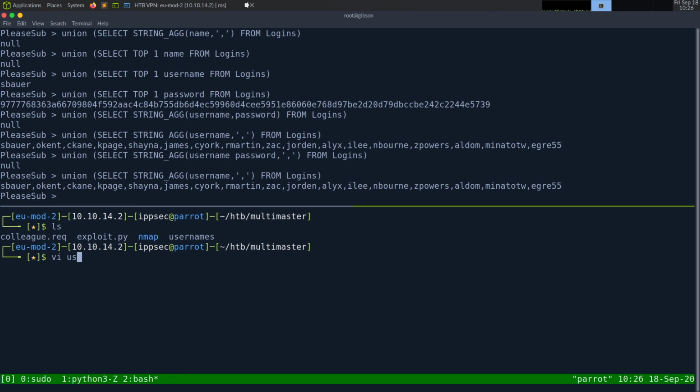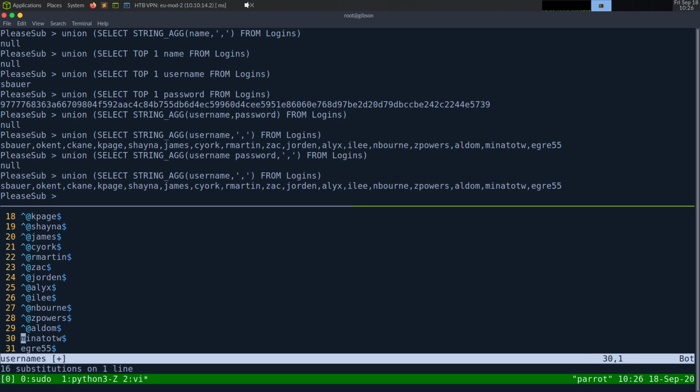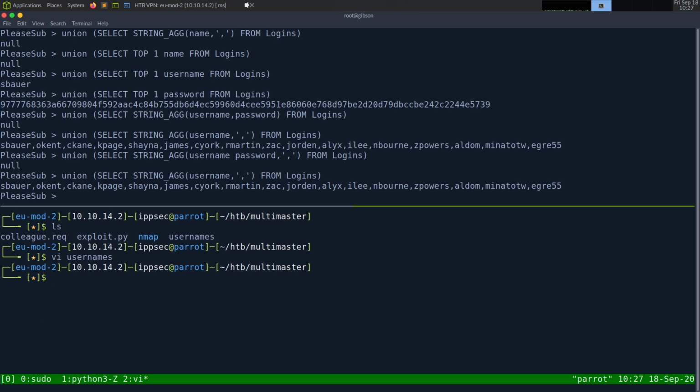So v usernames, let's paste, and search for comma, replace with line break. Let's try this again. Search for comma, replace with \r\n. And we'll just get rid of the special character. Maybe I just wanted \r. But I have a list of usernames. There's probably some duplicates there, but that's fine. Probably want to grab all the passwords. And there's probably a better way to do this, but